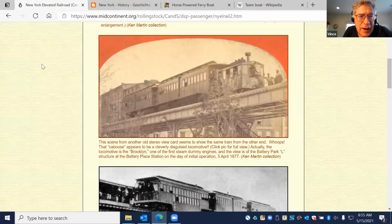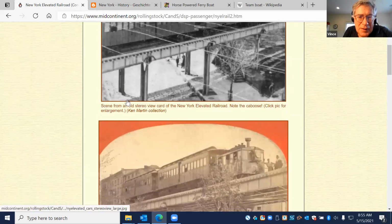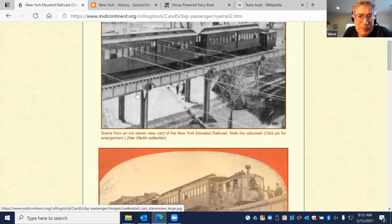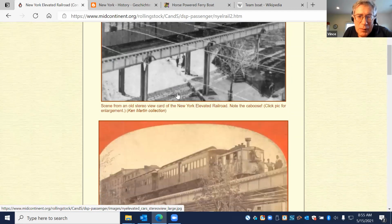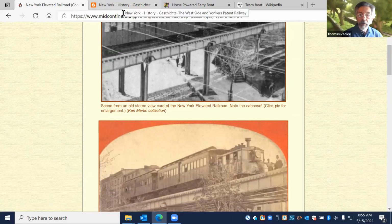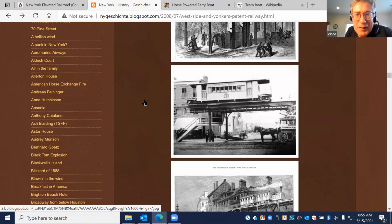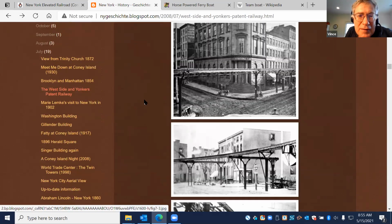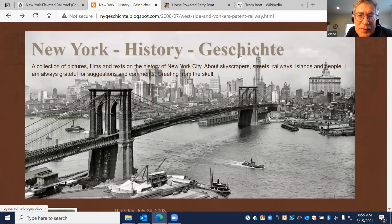I remember when Andrew was with us last, about a month ago, he got me so interested in this New York elevated. So I went back and found my old pictures, and I hope you don't mind, but I'll put a folder on our group. That'd be great. It fits the period, but maybe not the, well, anyway, it's more of a New York thing. But then I started researching it, and then I found all these other pictures, including this one, New York history,